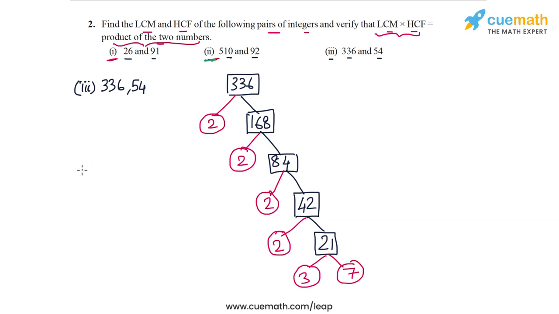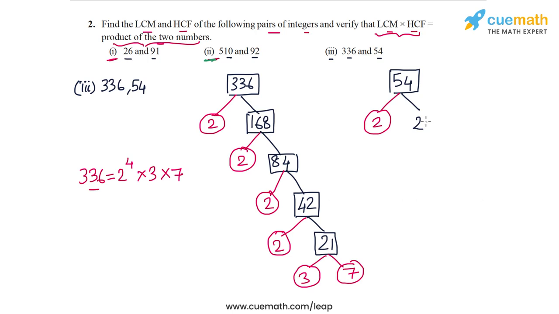So 336 can be written as 2 into 2 into 2 into 2, so let me write this as 2 to the power 4 into 3 into 7. So this is the prime factorized form of 336. Now let's prime factorize 54. So 54 is even, so let's take out a factor of 2 and that leaves us with 27. Now 27 is not even, but it is a multiple of 3, so let's take out 3 and that leaves